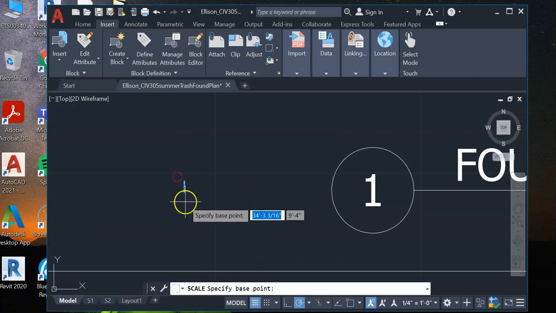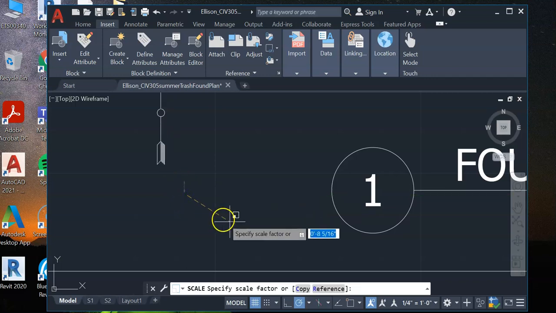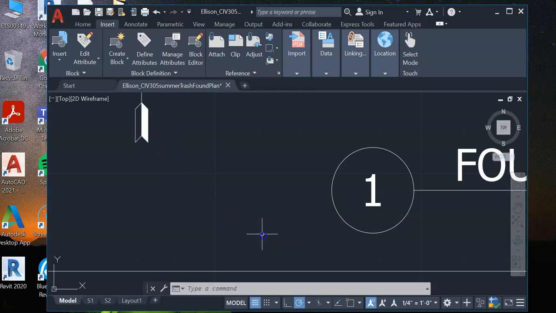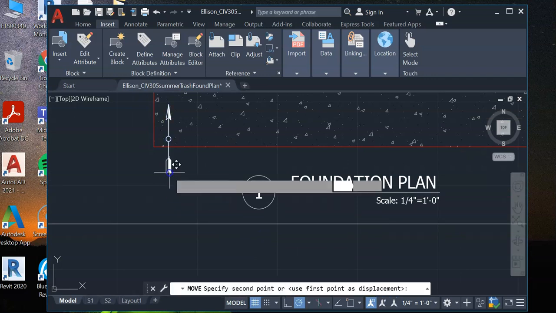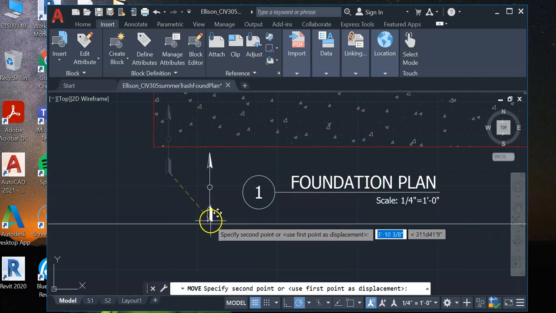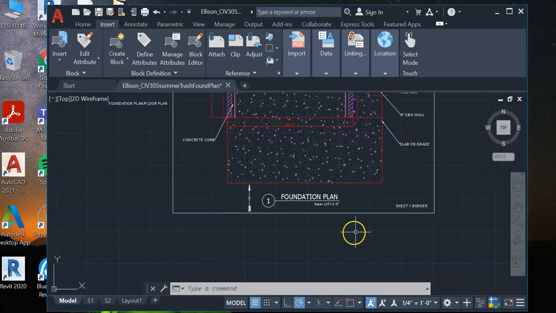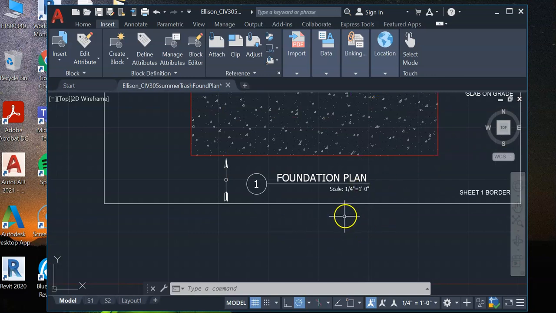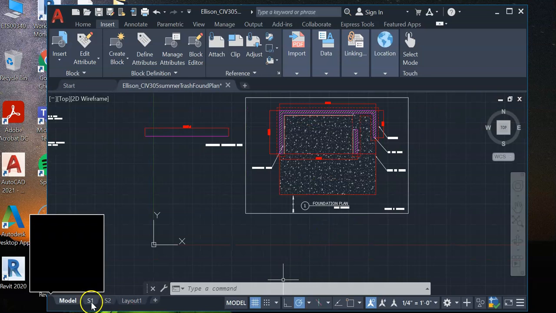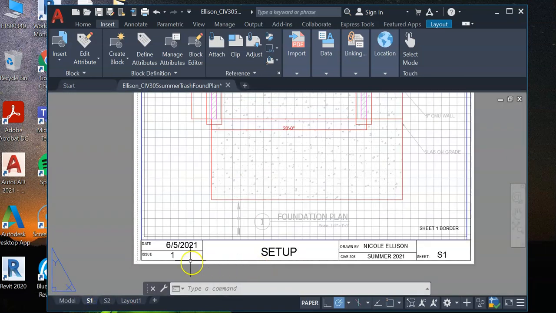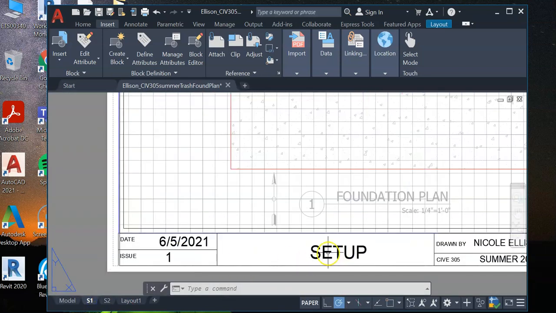Scale. I can also select it here and I can drag it to make it bigger. So maybe that would be a better way to go. And typically your north arrow is going to live just to the other side of your title block. So this is telling me that north is up. And so come into my S1. And now I can start filling this out. So I want to call this,